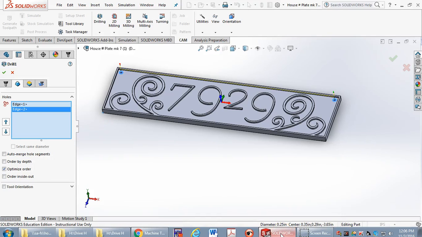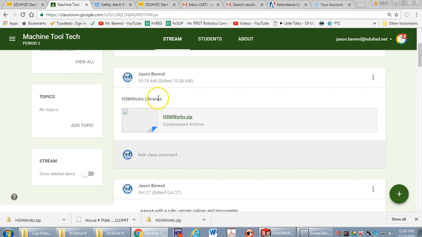Alright, so this demonstration is going to be taking something like this, your first project on the Tormach CNC mill, and learning about the computer-aided manufacturing, or CAM, operations. So the first thing you want to do is go into Google Classroom, and you want to get the entry called HSMWorks Libraries. In addition to that, you need to walk over to our Tormach CNC mill, and you